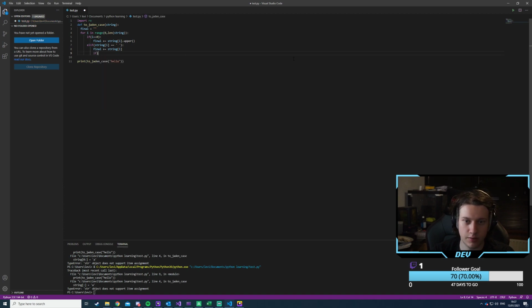and we say if y plus 1 is less than len of string, then we do final plus equal len, and then we do final plus equal string dot y plus 1 dot upper, and we do y plus equals 1, right?